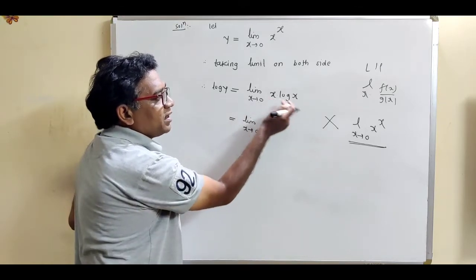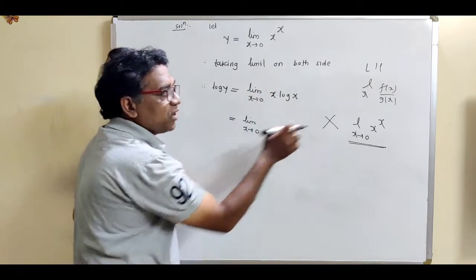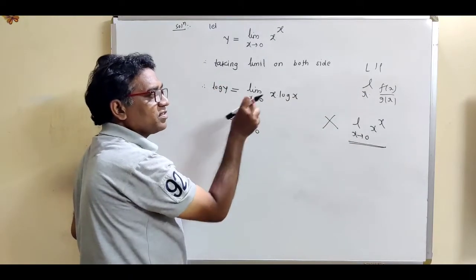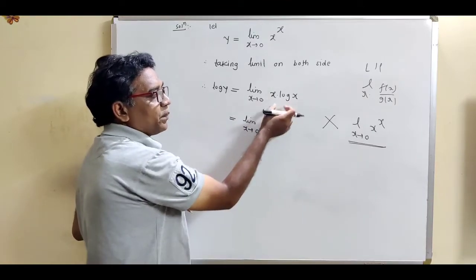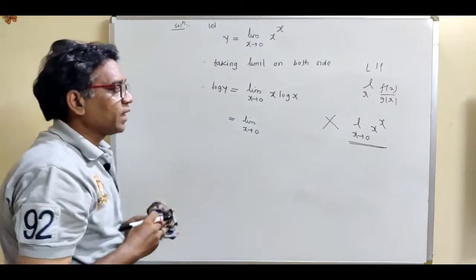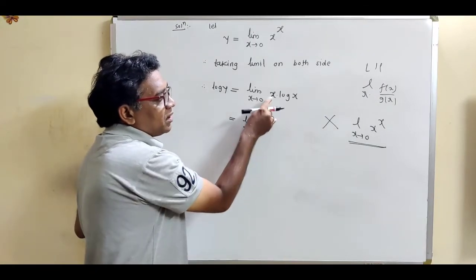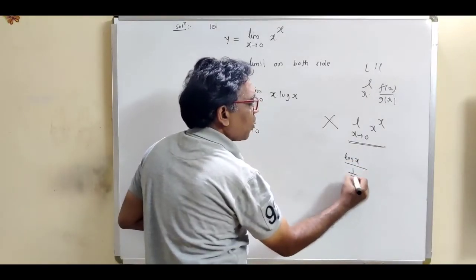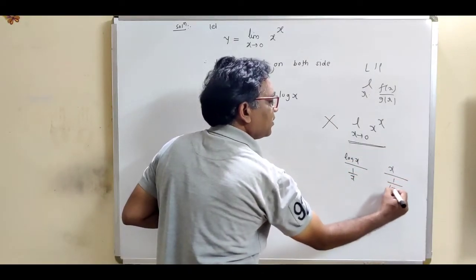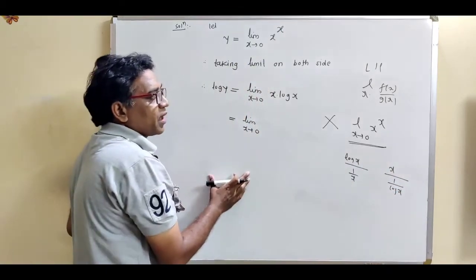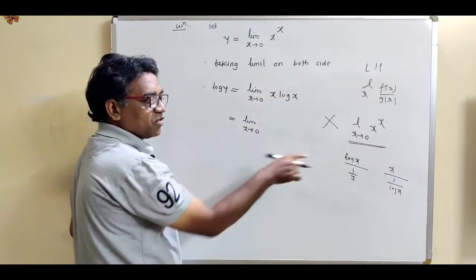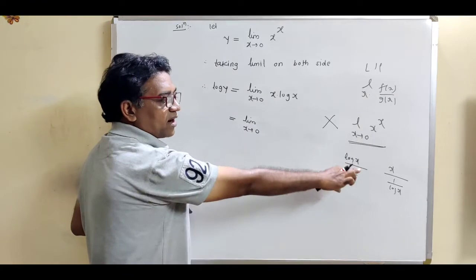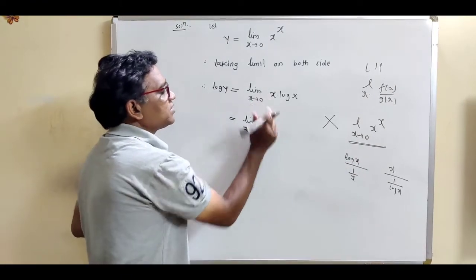Now this limit form contains the product. Actually we require division form. So how to convert this product in terms of division form? This is the previous video. We have seen this topic, how to convert this product in terms of division form. What is the method? Either transform this first term in denominator, that means we get this division, or transform this second term in denominator. This is the method. How to convert the product in terms of division? So this is the method. Either transform this first term in denominator, or we can transform this second term in denominator. So just transform this first term.